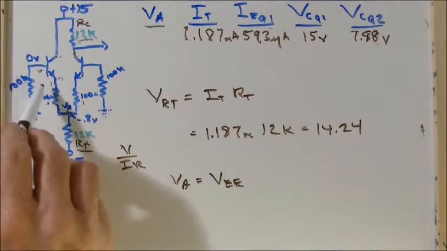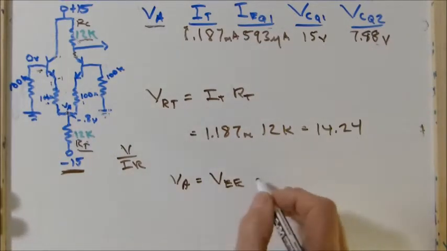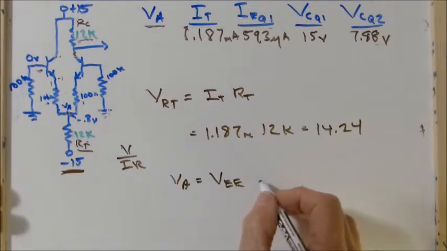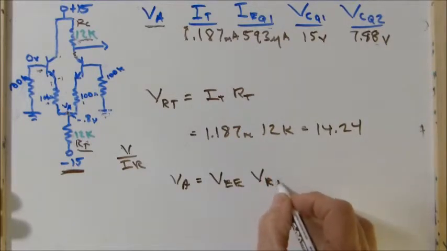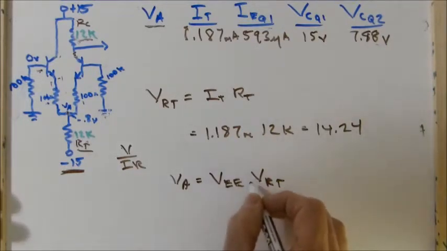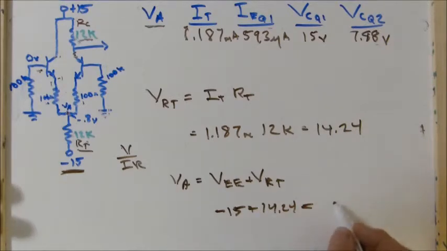So that's going to be negative 0.7 volts. This is going to be even less than that. Okay, so we'll do VEE minus, or add VRT. That should come out right. So minus 15 volts plus the 14.24 should come out to